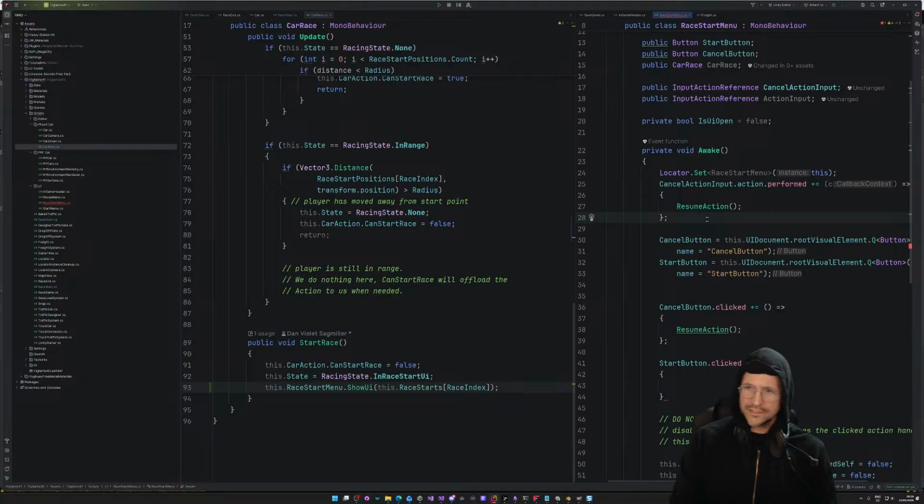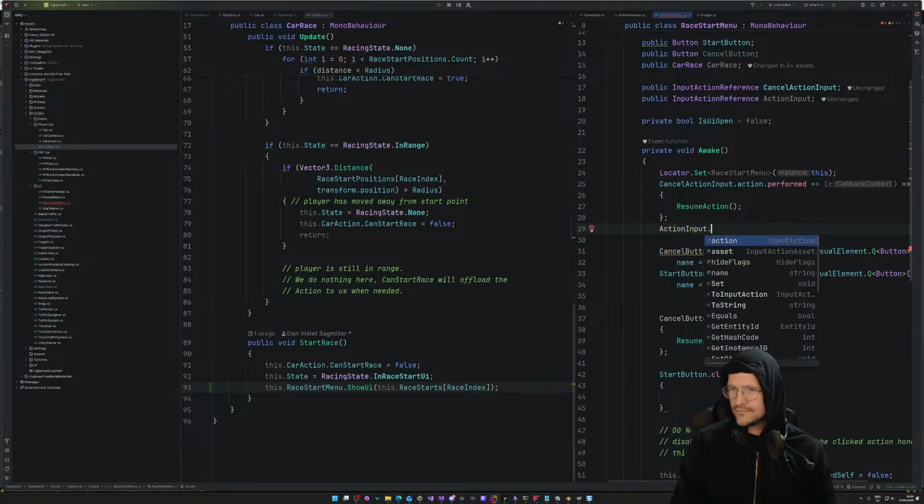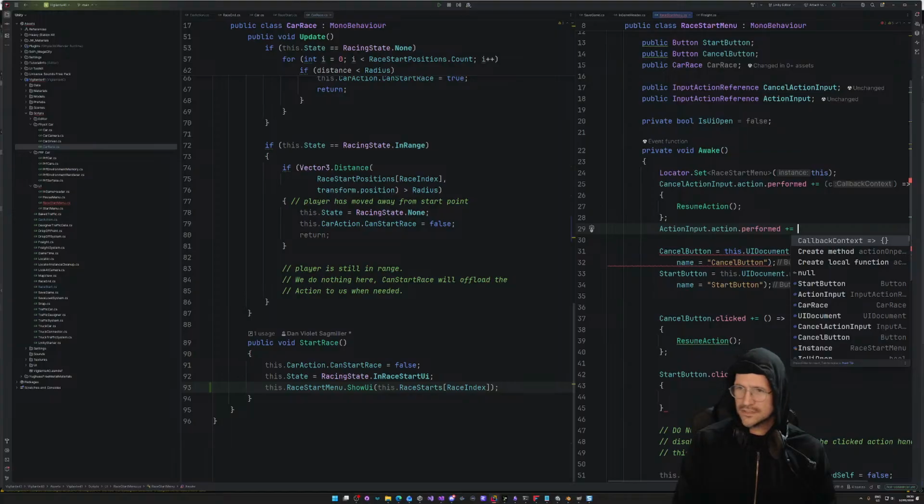Now on this one, we're going to respond to it on awake. Oh, no, we don't. Okay, we have to check to see if we are in the pause state, if we have the UI open. We only react to these buttons if the UI is open. All right, so the other one is input action dot action input. Action dot performed plus equals